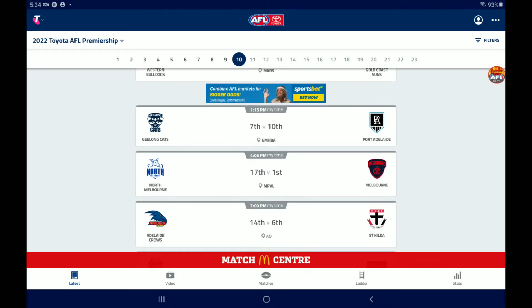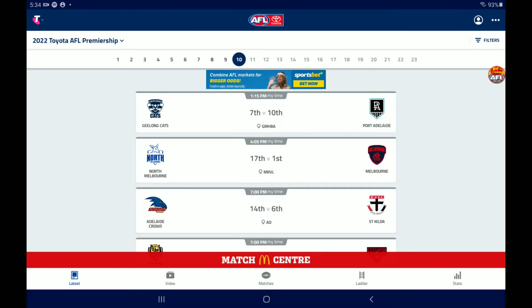Geelong versus Port Adelaide, same time, GMHBA Stadium. Look, Port Adelaide could win it, but I feel like they're a massive outside chance, and I feel like Geelong are the favourites. Now, yes, Geelong did lose to the Dockers down there, so that does give Port Adelaide a realistic stab at this one, I reckon. Port Adelaide, definitely a chance in this one, and I do feel like they could win it,